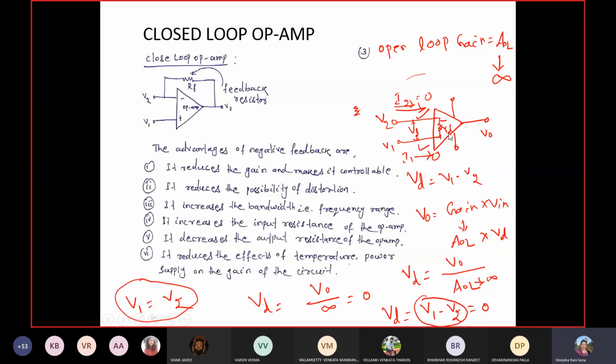So if by default we have an infinite input resistance, what should be the current towards the op-amp? If any current will pass towards the circuit, what will happen? It will damage the circuit, right? So we have to bypass that current, not towards the IC. If the current flows into the IC, what will happen? Are you able to perform any operation? Are you able to collect the voltage from the output of the IC? If the current will bypass the IC.